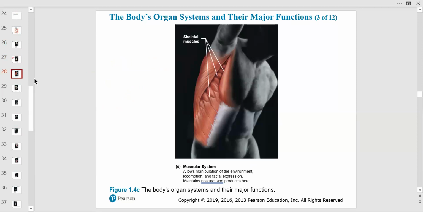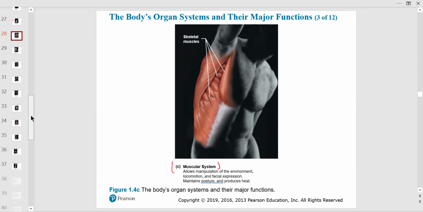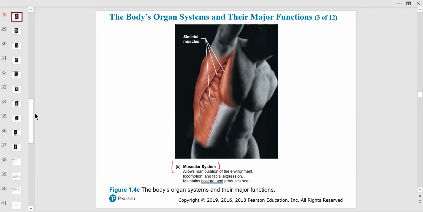Muscular system, of course, one of the things that the muscle system does is actually increase our body temperature when we have muscle contraction. So it maintains our body temperature, which we'll talk about later, not much longer. We'll talk about our body temperature trying to be maintained at that 98.6 Fahrenheit, which is also 37 degrees Celsius.